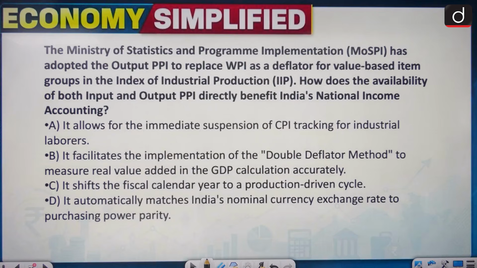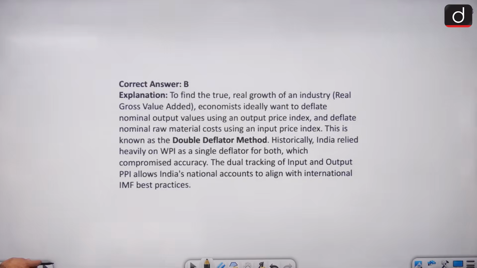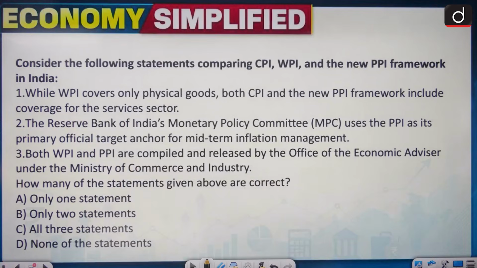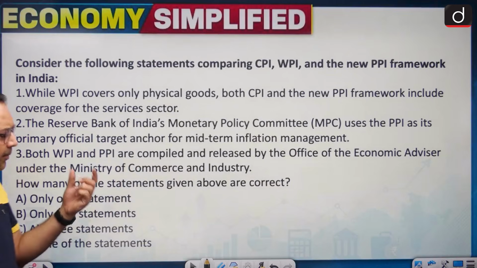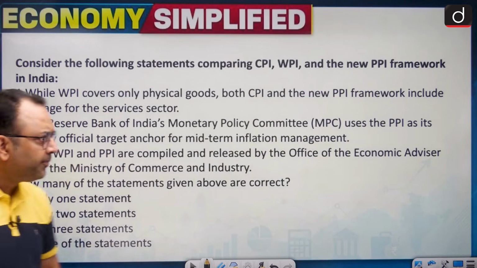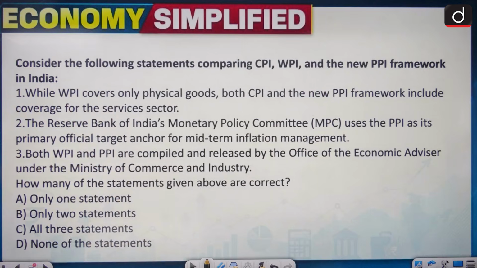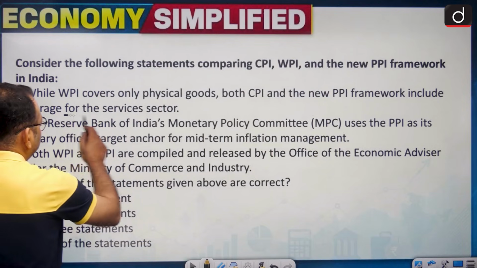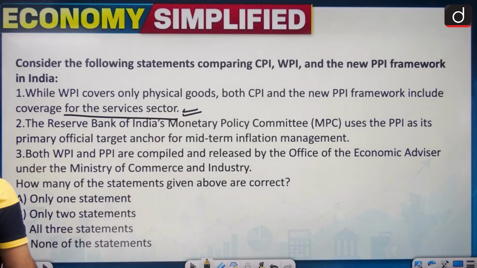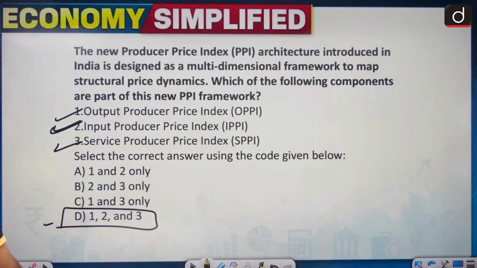The third statement is, you see, look at this question. Consider the following statements comparing the WPI, CPI, and the PPI framework. This is a better question. We can see comparing the three indices, right? So the first statement is, while the WPI covers only physical goods, both CPI and the PPI will cover the service sector. And this is true because we have seen that, yes, in the previous question we saw that the